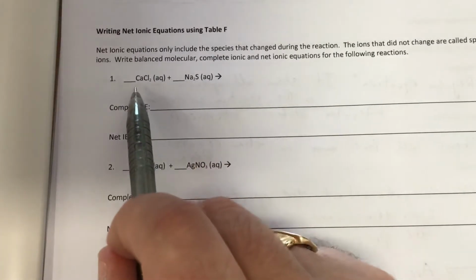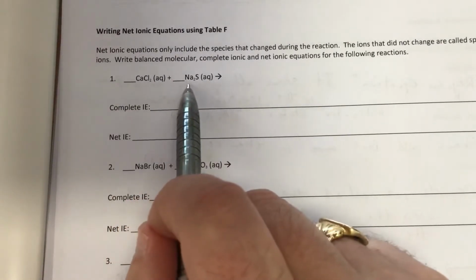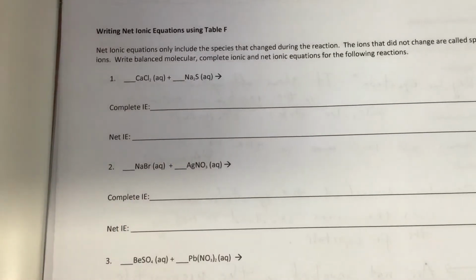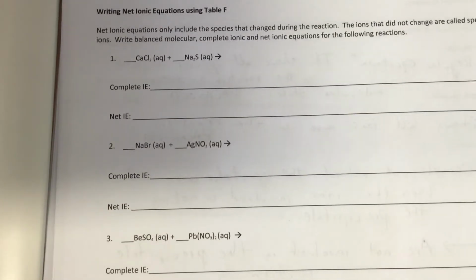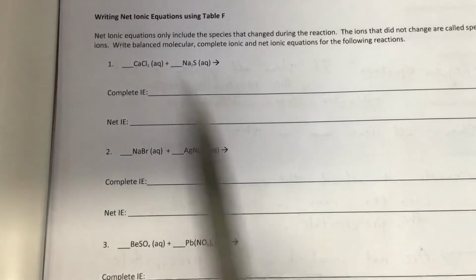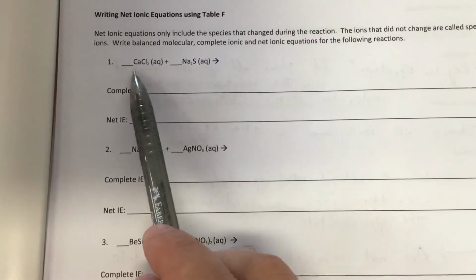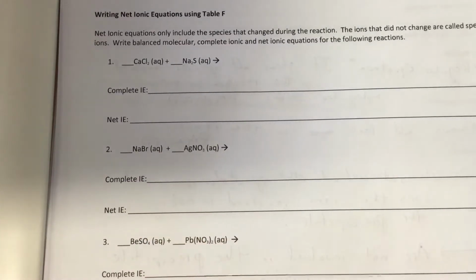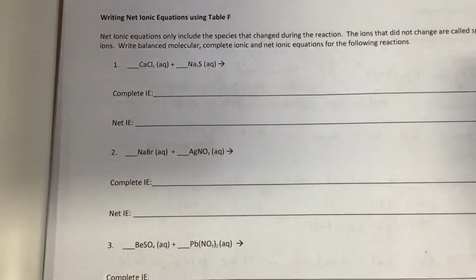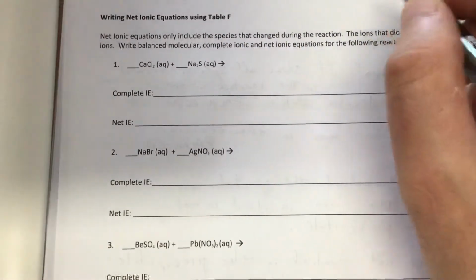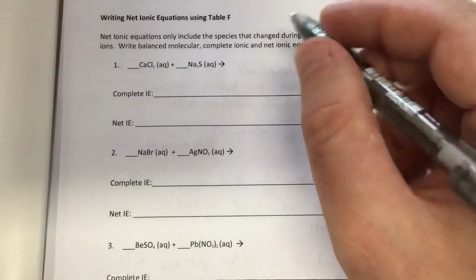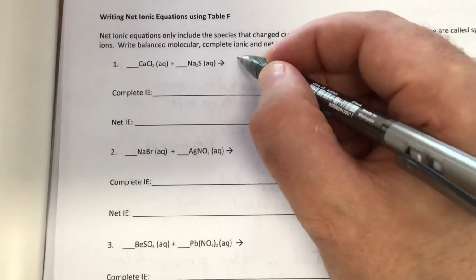So what do we have here? We've got calcium chloride plus, that's pretty similar to the last one we just, well, let's do it. Okay, it's very similar, but let's do it anyways. Calcium chloride plus sodium sulfide. So first we need to finish the molecular equation. So if we finish the molecular equation, we get